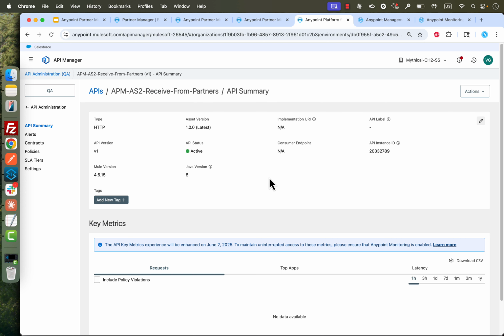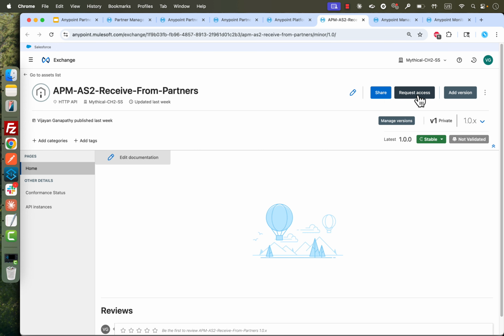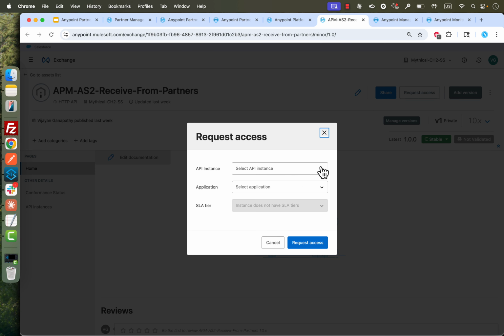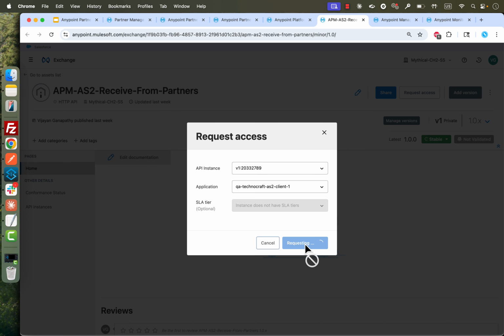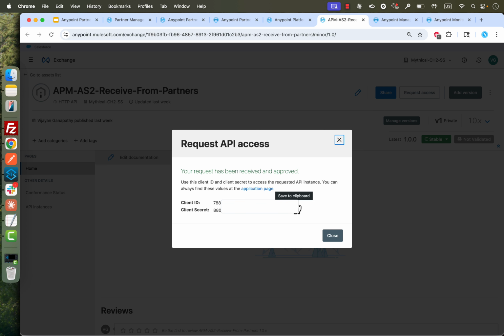Once you have the endpoint ready to receive messages, the next step is to provide your trading partners with the credential that they can use on their site to pass in the client ID and secret in the HTTP basic authentication headers. So to do that, open the API in Anypoint Exchange, where you can request for access and select the instance of the API, create a new client application. So let's say we want to give access for Technocraft to authenticate into the inbound AS2 endpoint. And when you click request access, you get a client ID and secret that they would be using to send